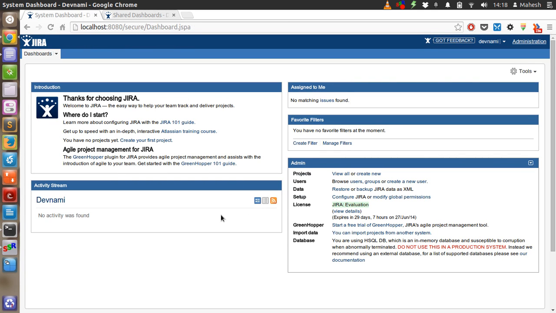I hope you have learned how to manage user groups, then assign the roles, and also create a new user. So this is pretty much our introduction to JIRA user management, and I hope this